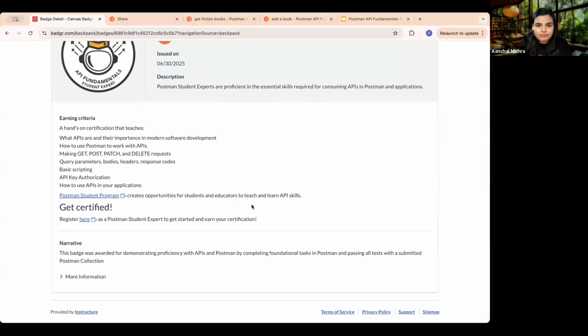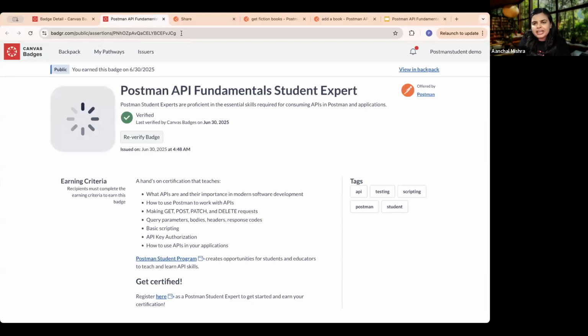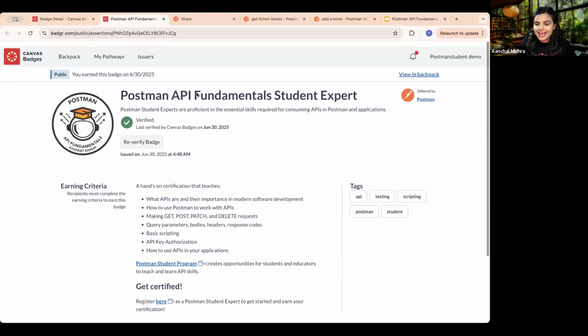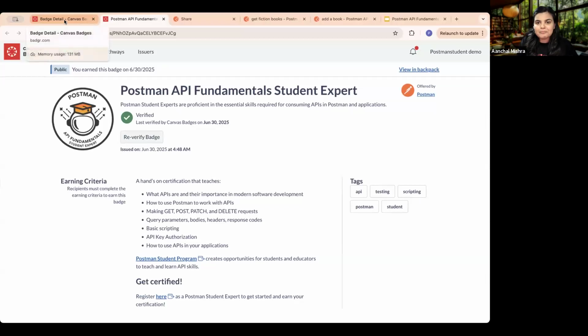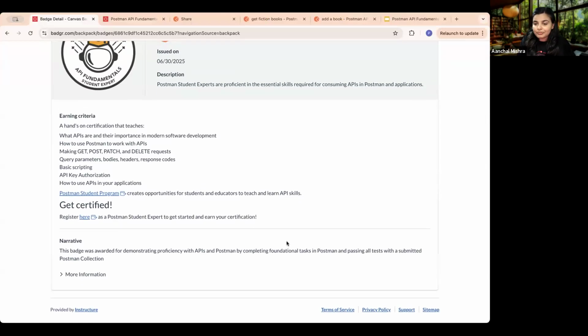And you can see everything here, all the descriptions. If you want to view the public page, whether you want to share it with your recruiters or add it anywhere, onto your resume, onto any section, right? Or just share it with your recruiters. This is the verified badge that you can actually share with anyone, and you can talk about your experience. And of course, they will be very happy to see it,